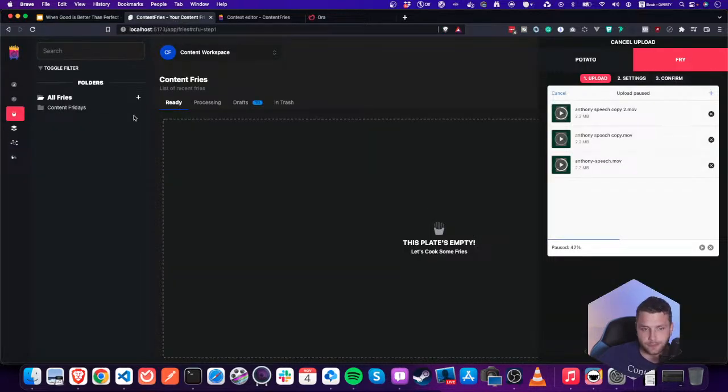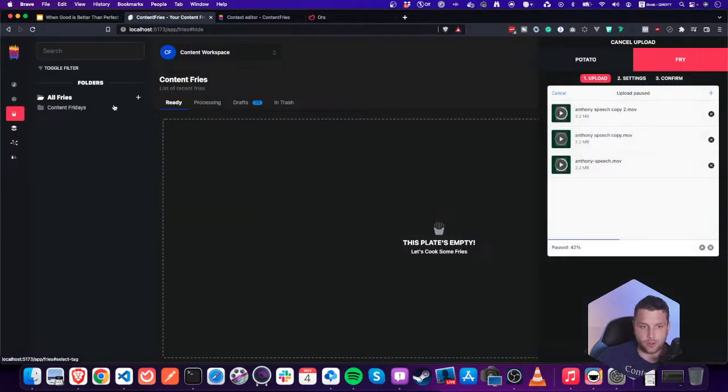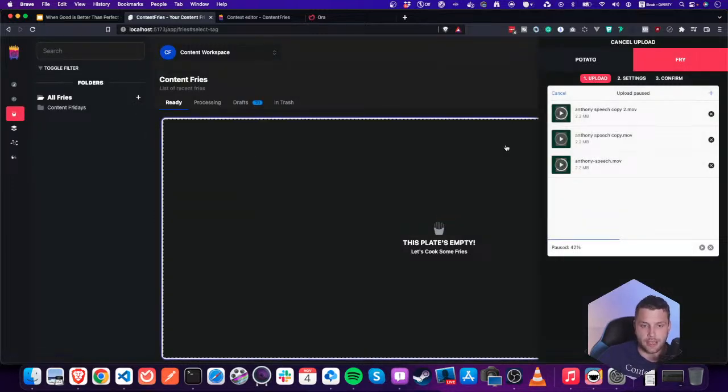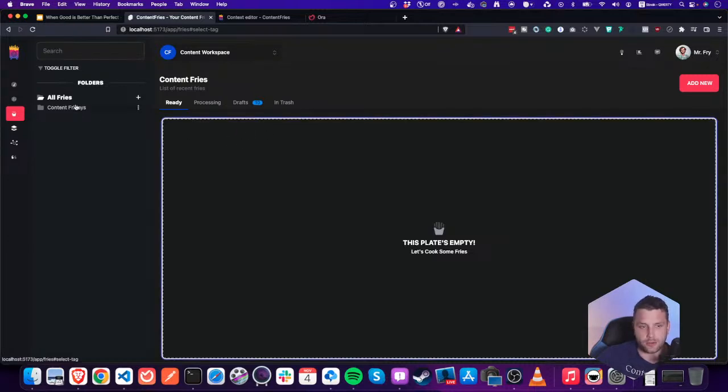Then we have folders. As you can see, this is a folder. I can add a new folder, and nested folders will also be integrated into the 2.0 version. Currently those are not nested, but I can add a new folder or I can delete it. And I don't have any piece of content right here, but when you go and hover over your piece of content and you drop it to the folder, it will be assigned to that folder. Okay, so it is super simple